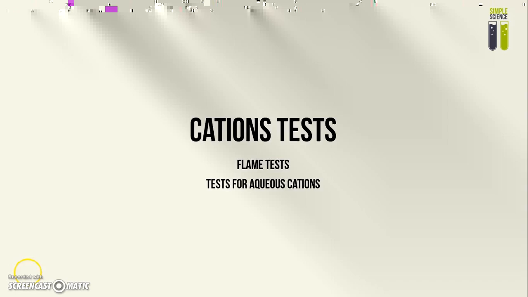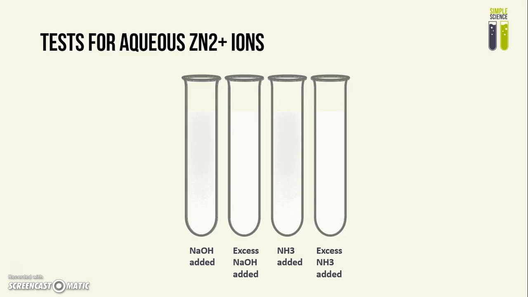excess. For zinc ions, white precipitate forms when you add sodium hydroxide to it, and it is soluble in excess, which gives a colorless solution. When you add aqueous ammonia to it, white precipitate forms and it is soluble in excess, also giving a colorless